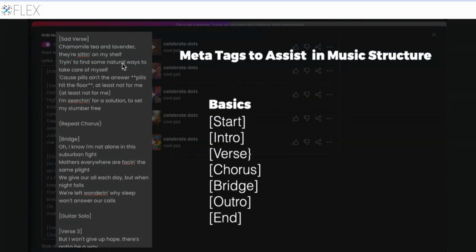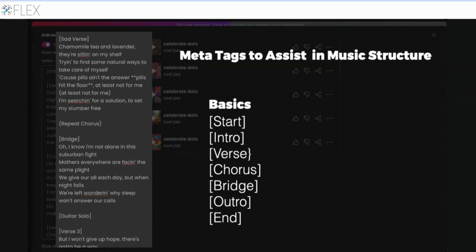Now, there's also a couple of things I want you to look at over here on the left that you can also do to really help in a couple other ways. Another limitation is the amount of words that you can have. 1,250 words or characters is the max that you can put into the lyrics. And so how do you get shortcuts to get all of your lyrics in? The first thing you can do is to use repeat chorus. Instead of writing the whole chorus and then writing the whole chorus again and again, it might be 3 times in a song,